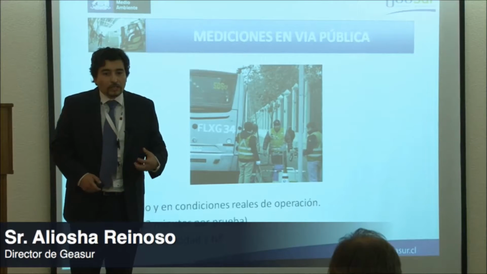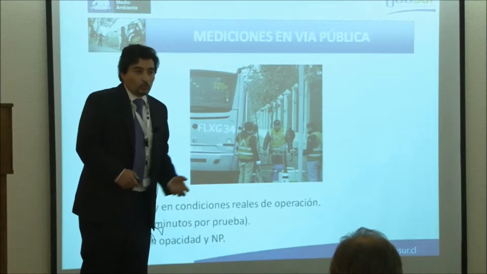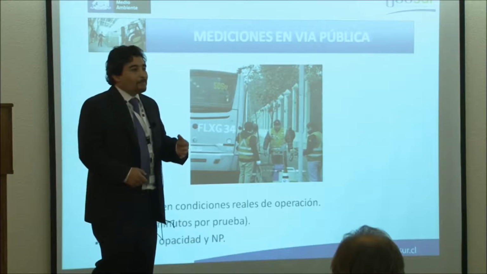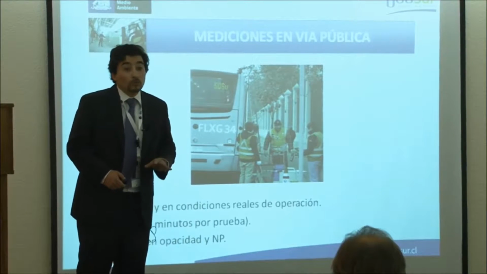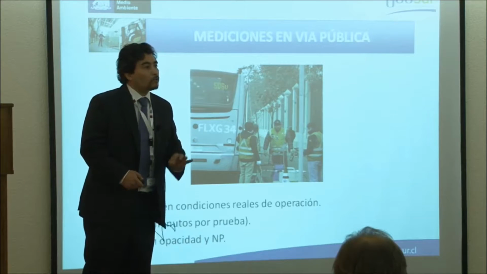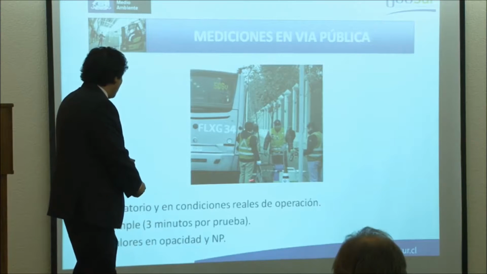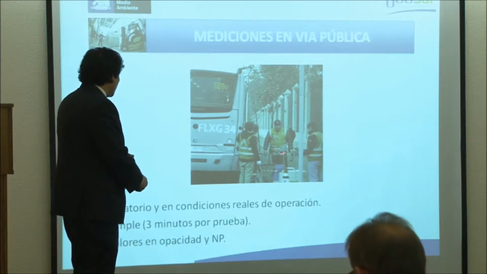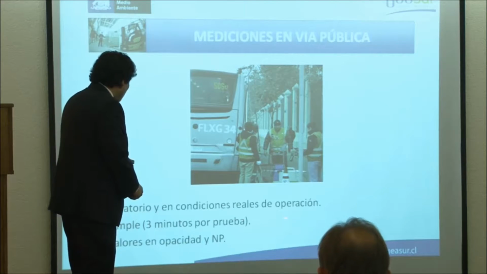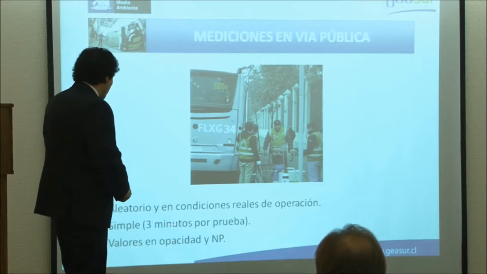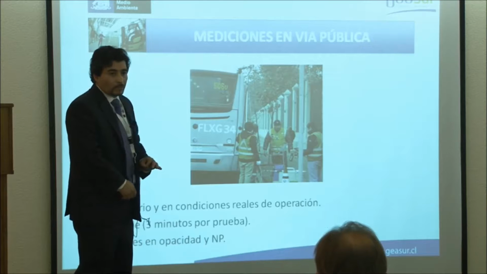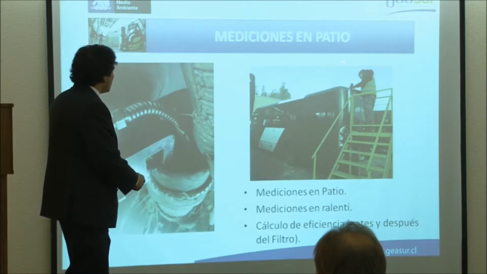Now, we joined the controls that the fiscalization department en route performs. They do a really professional type of control that allows us to do all these types of testing in 3 minutes, which means that with 3 minutes of the bus being stopped, we are able to come up with these 3 figures. Now you can see as they are working with the measurements, this is a random test in real operation conditions, and it is simple. It takes 3 minutes per test, and we get the values for number of particles and opacity.